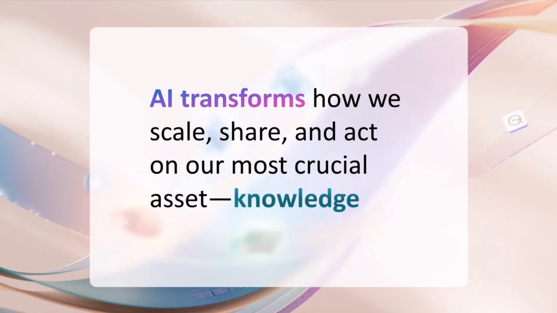But really, the number one thing to always understand and ground us is that AI transforms how we scale, share, and act on our most crucial asset, knowledge. And where is knowledge quite often stored? Well, knowledge is quite often stored within documents. And in many cases, those documents are stored within SharePoint. Doesn't really matter if you're using Teams or Planner or Viva Engage or whatever services you're using. The documents which you put on those services are actually stored in SharePoint, and with SharePoint agents